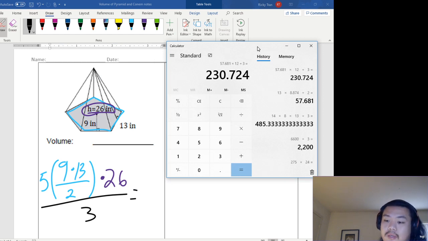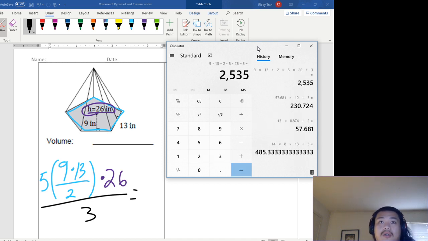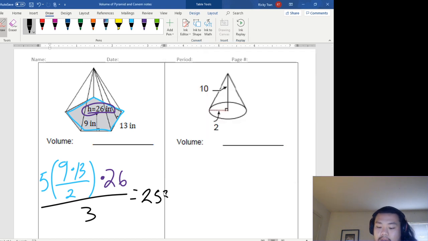So 9 times 13 divided by 2 times 5 times 26 divided by 3. 2,535 inches cubed. Okay,